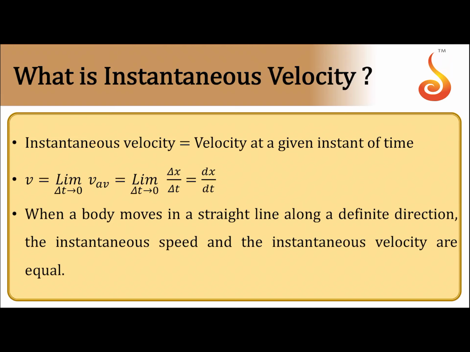Well, what is instantaneous velocity? Average velocity is generally over a period of time. If I consider instantaneous velocity, as the title suggests, it is the velocity at a given instant of time. For example, if you look at the speedometer of your vehicle, it shows what is called instantaneous velocity or speed, more of speed. That means at that instant.